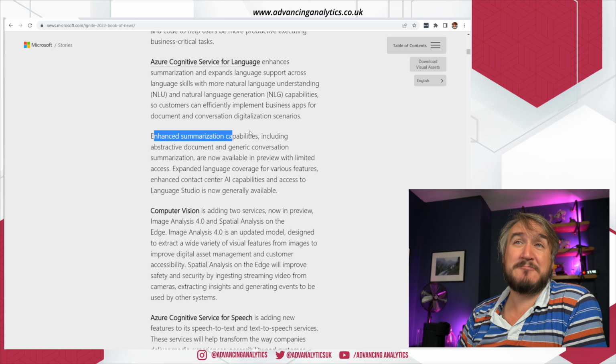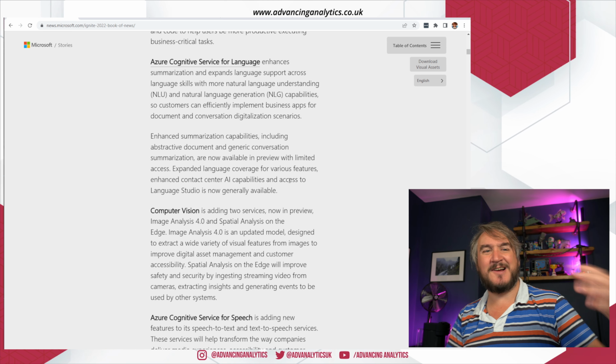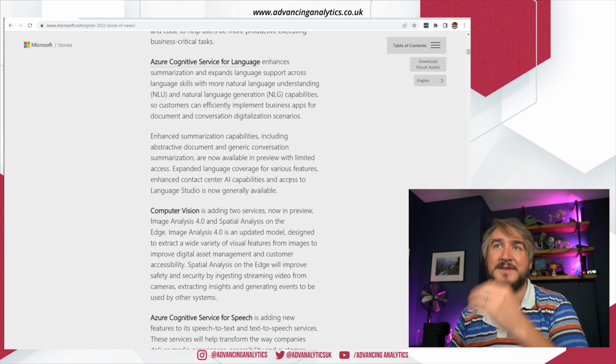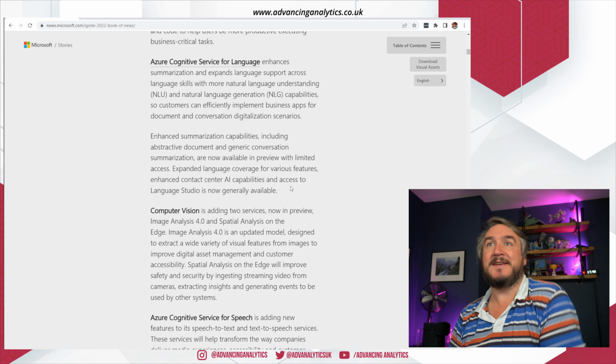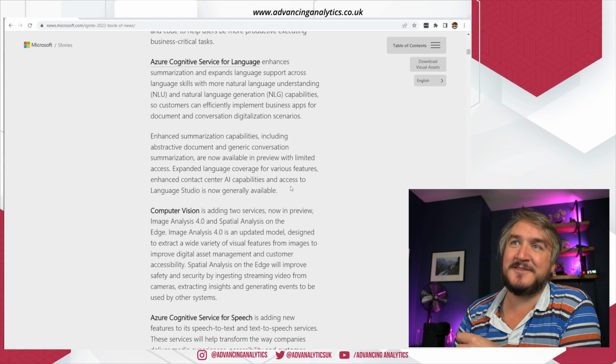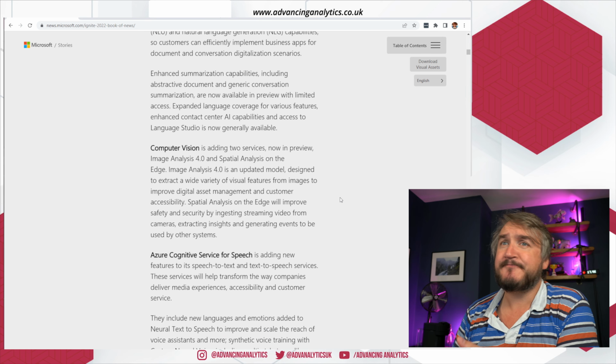So things like being able to summarize data. That's where you can feed it a giant document and it'll go, okay, I've reduced the document by 90%. Here's the cliff notes. This is what you need to understand. That's baked into an API, so you can just sling it a giant document and go, right, this is roughly about that. Really interesting, and lots of improvements going in.